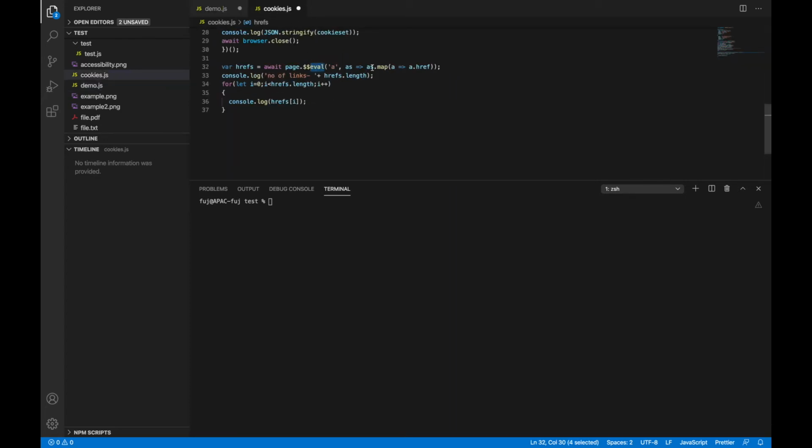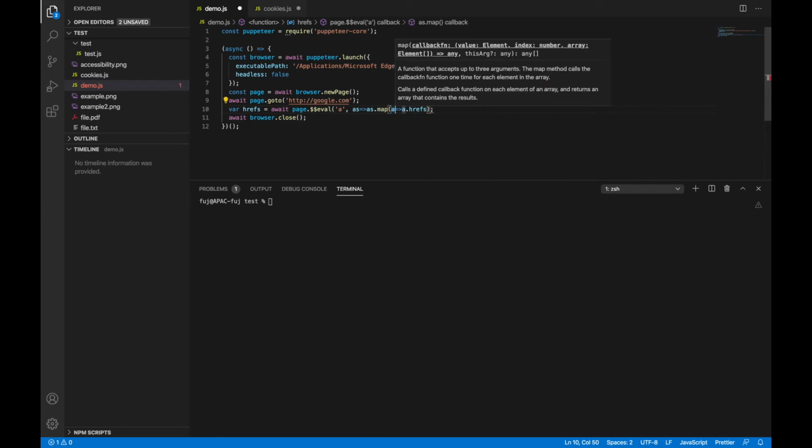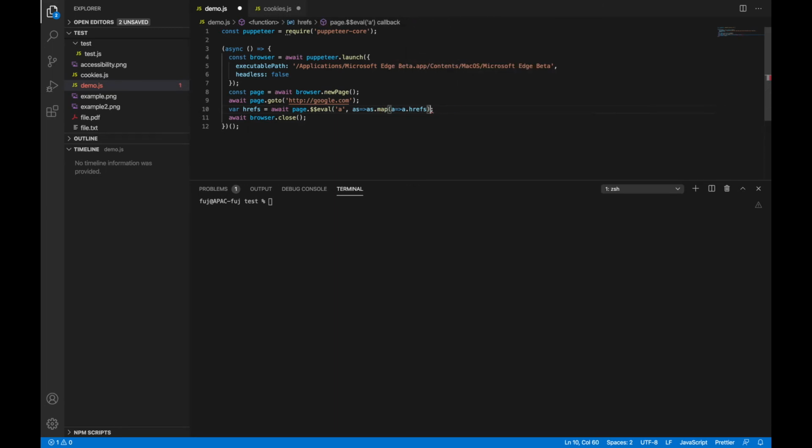So we have to map this to href. We can use s dot map, and we can map this to href. Now all the a.href links will get mapped and returned as href.